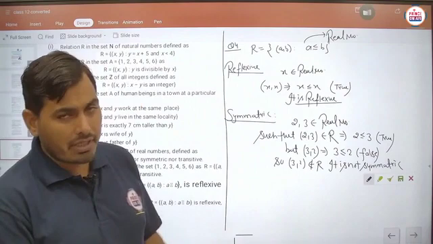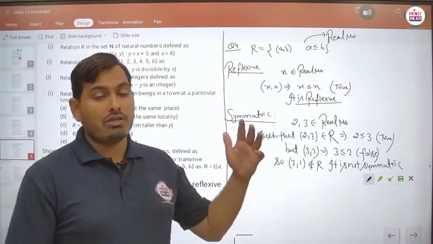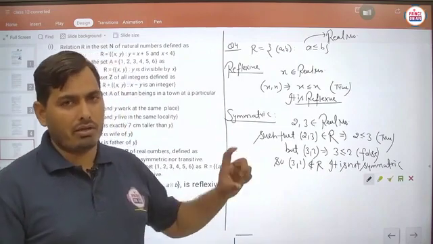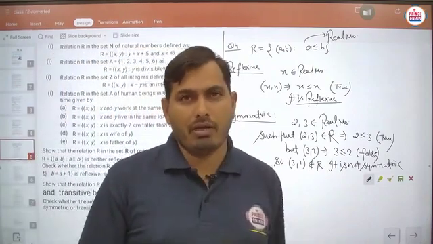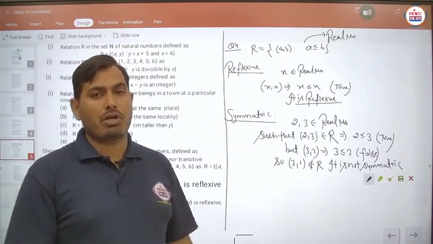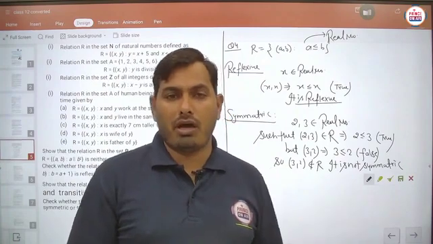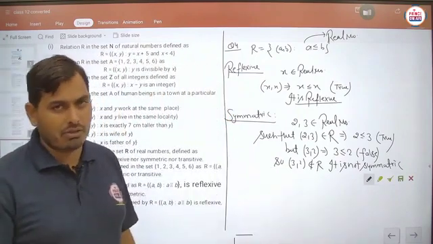Otherwise, suppose it is said to be symmetric, then definitely student we will check each and every ordered pair. Is it to be clear? So in case any relation is not symmetric, then we have to find only that ordered pair which does not satisfy the symmetric nature of the relation. Is it to be clear?